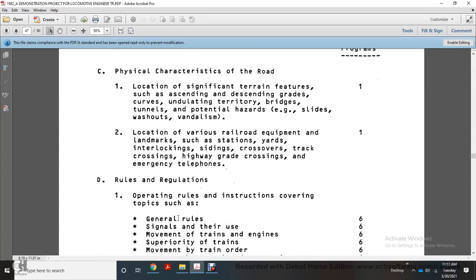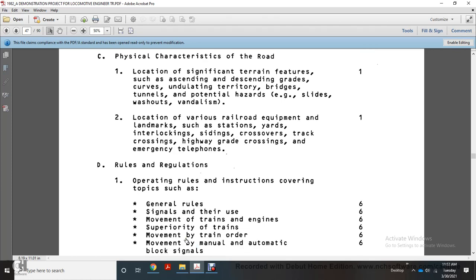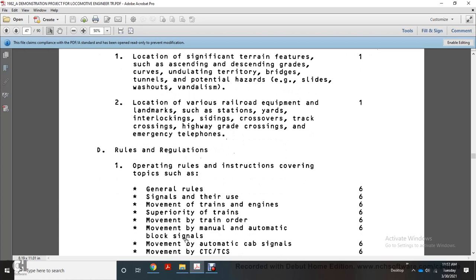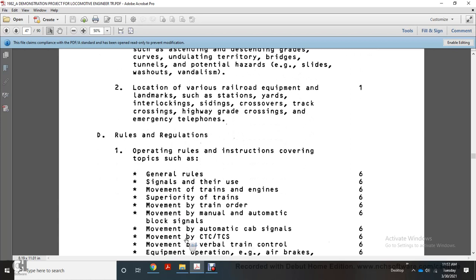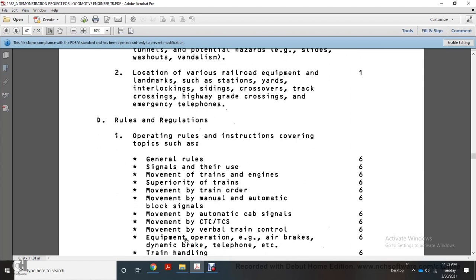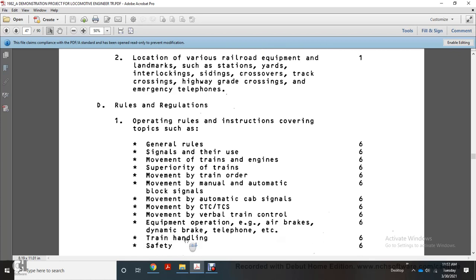Rules and regulations, operating rules and instructions covering topics such as general rules, signals and their use, movement of the train, engine superiority to train, movement of train orders, movement of manual and automatic block signals, movement of automatic cab signals, movement of centralized traffic control and traffic control systems, movement of verbal train control, equipment operation,